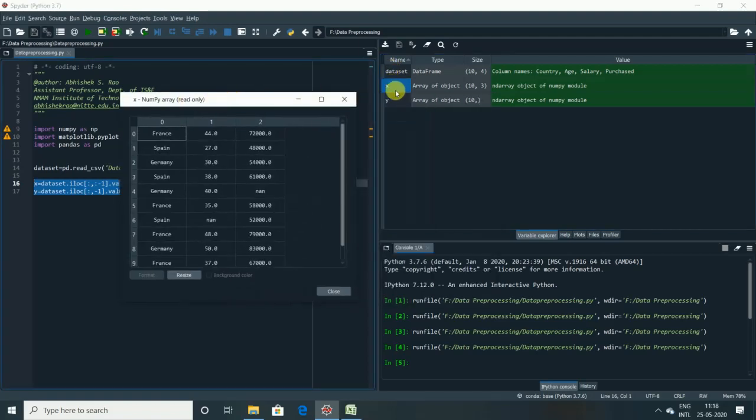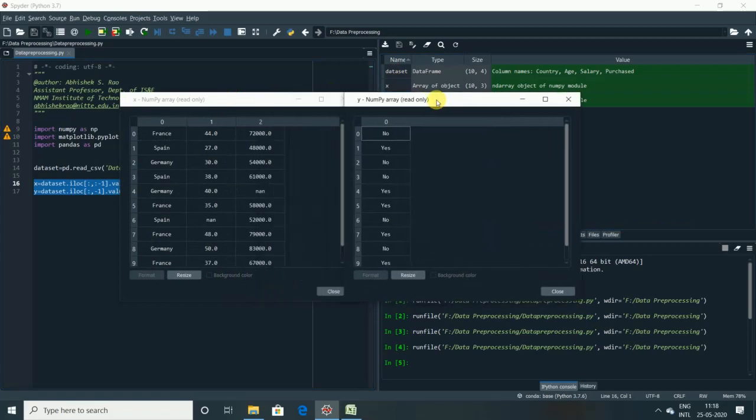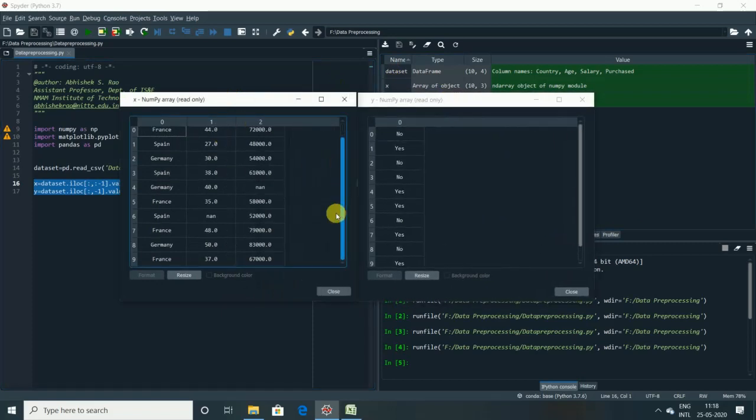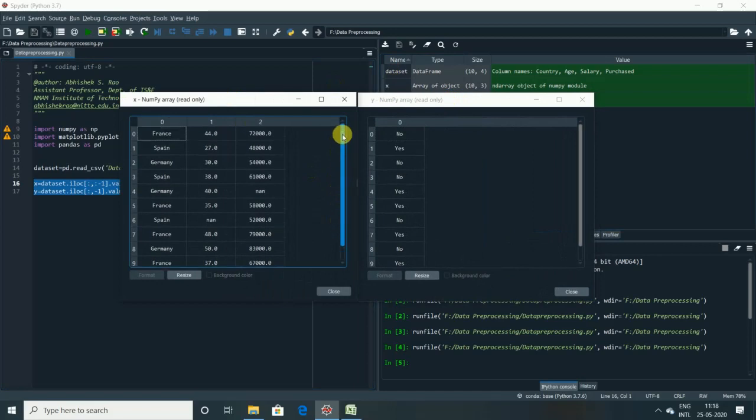You can see the x here and also the y over here. As you can see, there are 10 instances here and we have only 3 attributes in the x and only 1 attribute in the y. That means we are able to split the independent variables and dependent variables successfully using iloc, right?